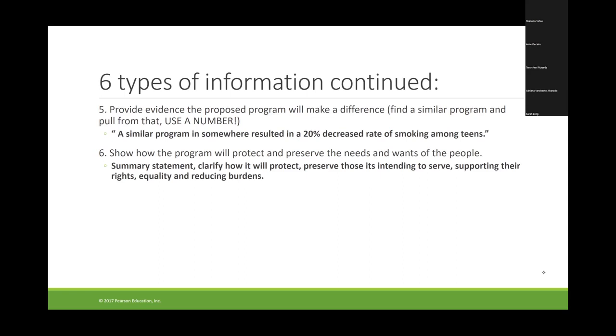Then last, I think, considering how, in this case, it's protecting and preserving the needs and wants of the people, coming full circle to that first topic, what is it that the community is calling for? How is this tying to prevention strategies or treatment that's related specifically to the needs and wants of people? So this could just be a statement about how this connection is going to happen. And again, this is one that you wouldn't see as much in a scientific research proposal as you would in, say, a foundation proposal, the idea that you're really engaged with the community here.